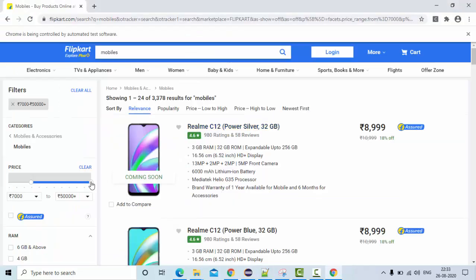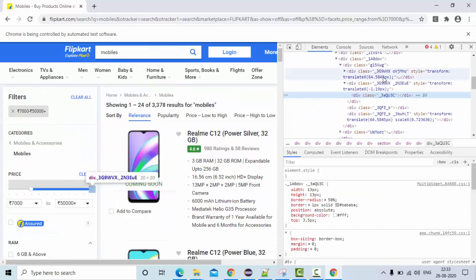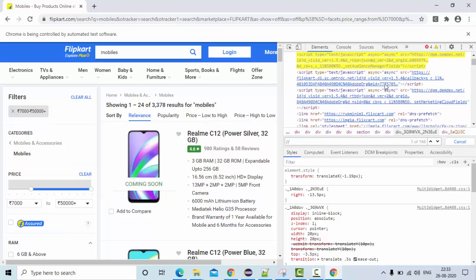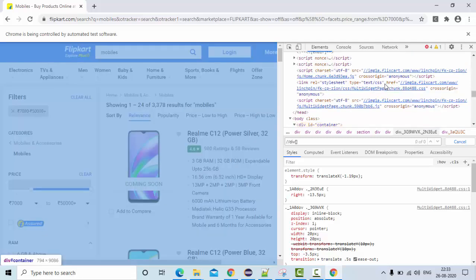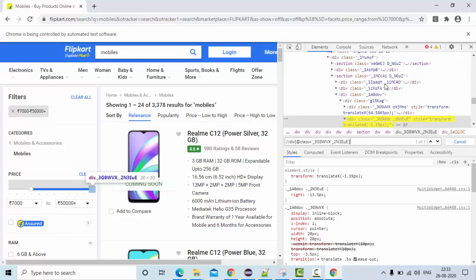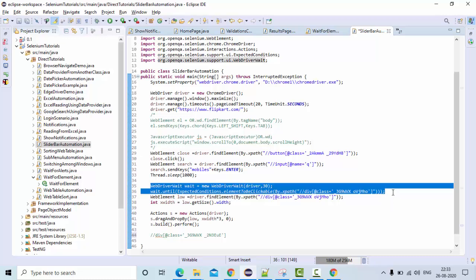Now if you want to do it from the upper side, how can we do it from the upper side, that I am going to show now. Simply click on inspect element and this is my upper element, right? So use that, create your own XPath here. So this is my upper element, same concept here. This is my XPath, copy this and paste this.